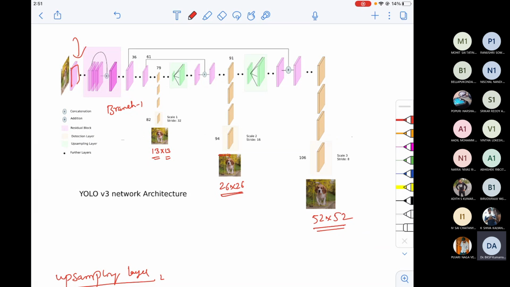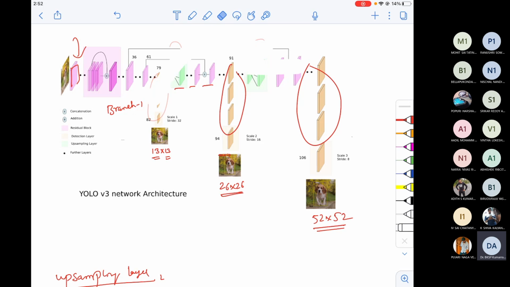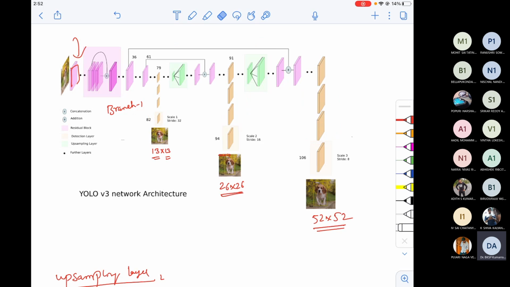Why can I have that many grids? Because the feature map sizes are increasing because of upscaling. That's the reason, since I have an upscale. It's a very, very important concept, and it's not just randomly done. Generally, what happens with the convolution layer? Your feature map size keeps on decreasing. If this is the initial feature map, then the feature map sizes keep on decreasing. But I don't want it like that.